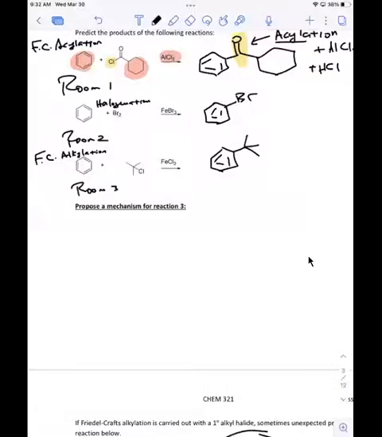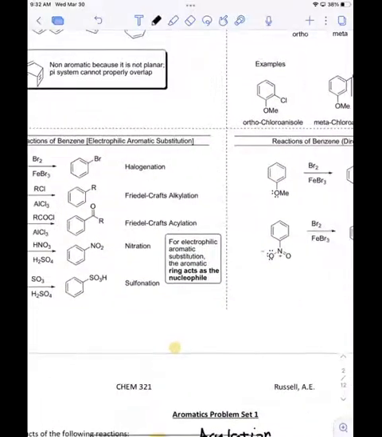For the last few minutes, we're going to talk about some nomenclature and directing effects. But we've got to go through the nomenclature first so you'll understand the directing effects. Right. So with the